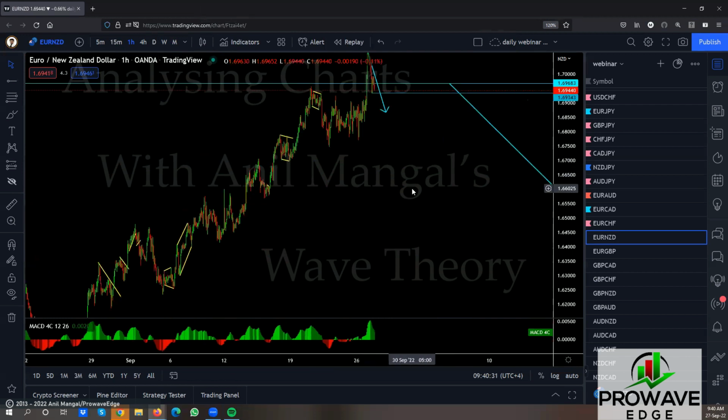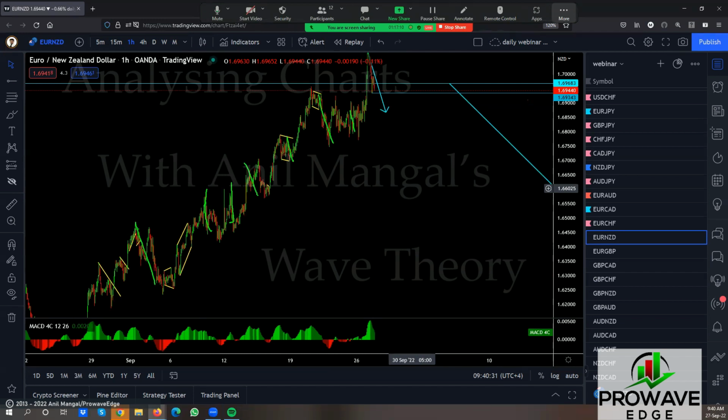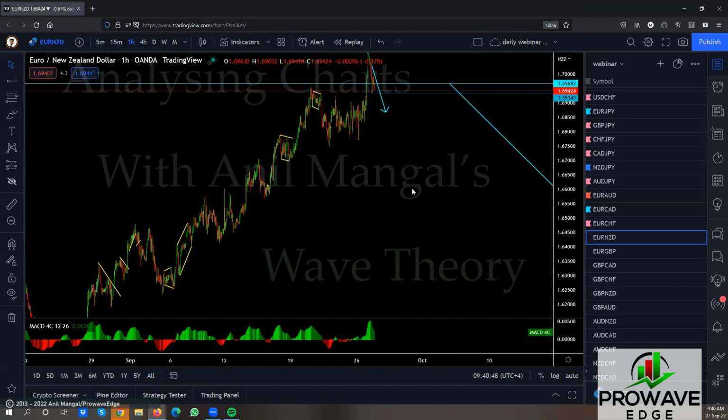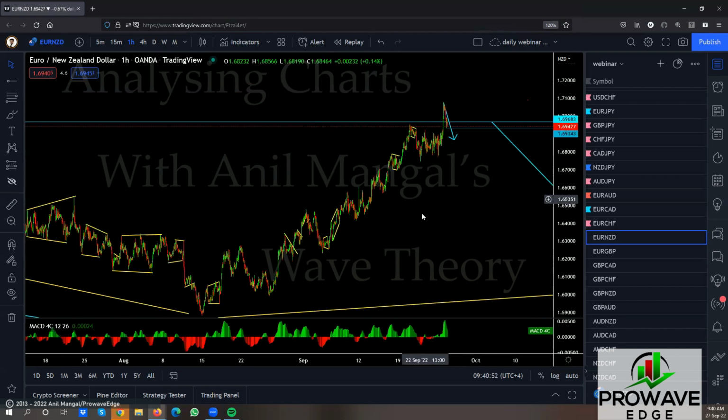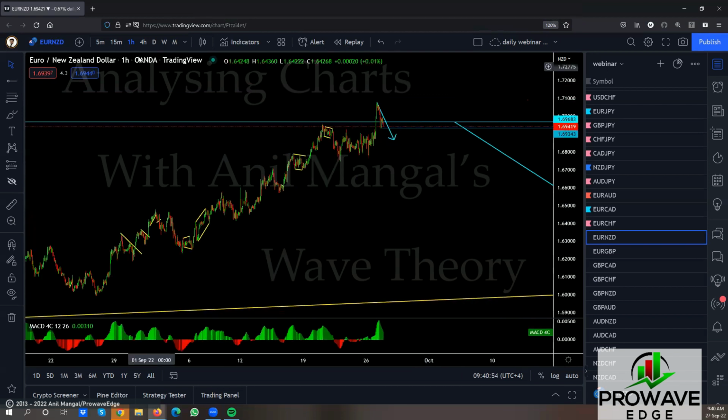Now, we've got a series of sharp moves here. We got this one, you got this one, you got this one. There are a lot of sharp moves here. Any combination of those could be a running flat. You could make a contracting flat in there. There are many versions of how you can put these flats together, and they're all correct, right? So when that happens, what you have to do is look at what we have now and what it is doing now, the bigger picture. Go back to the bigger picture.